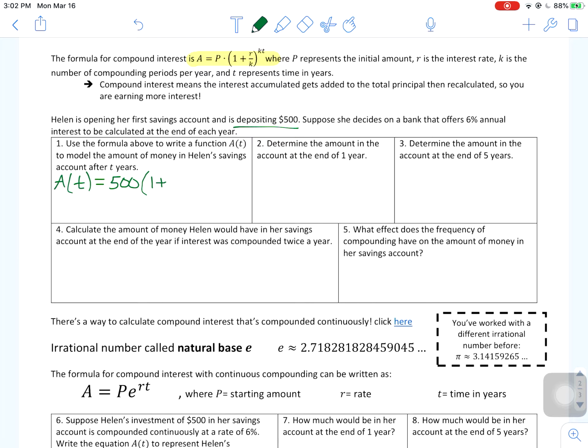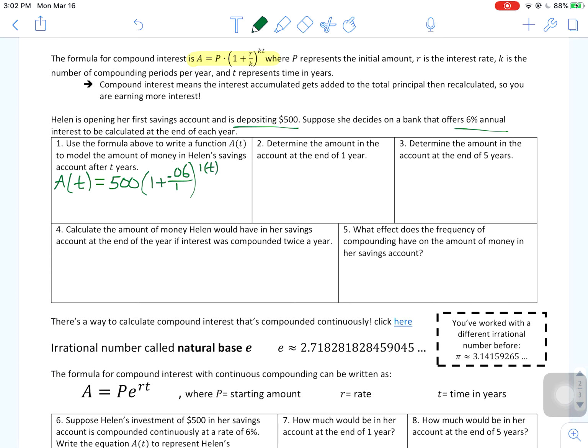So to go from a percent to a decimal, you have to move the decimal point 2 places to the left. 0.06. K is the number of times we are compounding the interest, so we're just doing it once because it's being compounded annually, so just one time,